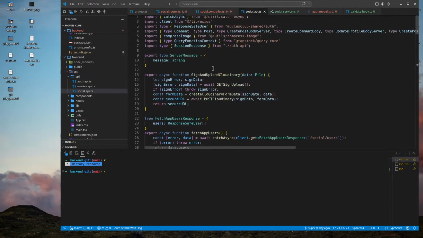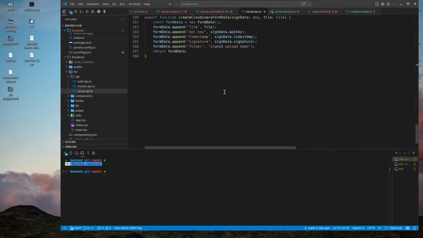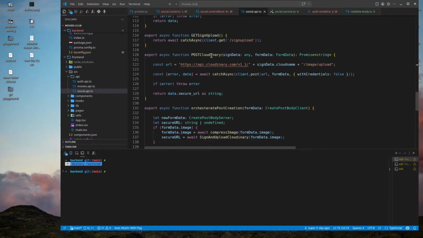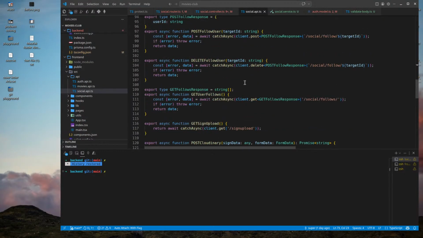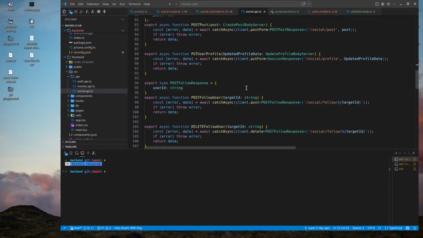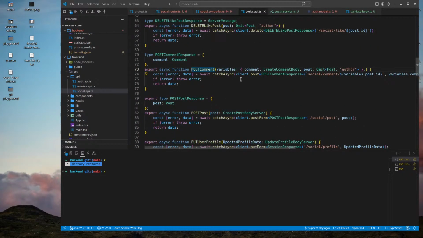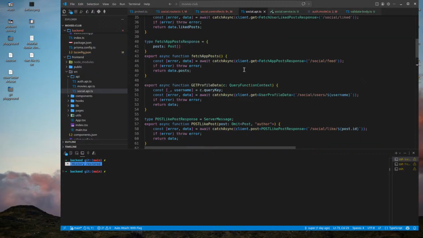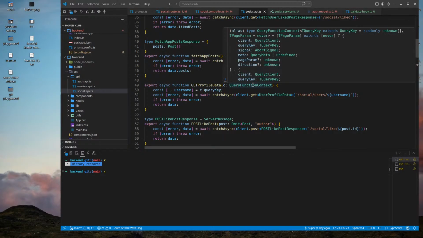Now, I need to look at the social.api.ts. Now I need to look at the orchestrate profile, get profile data history, get follows query function.